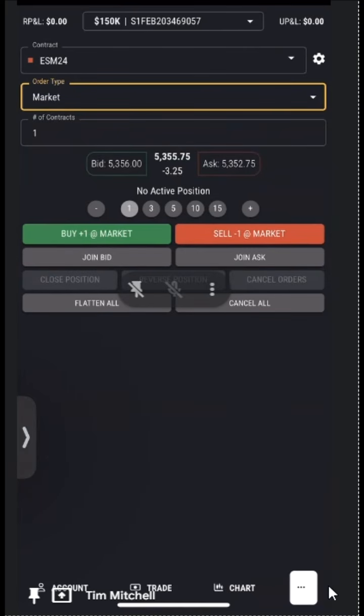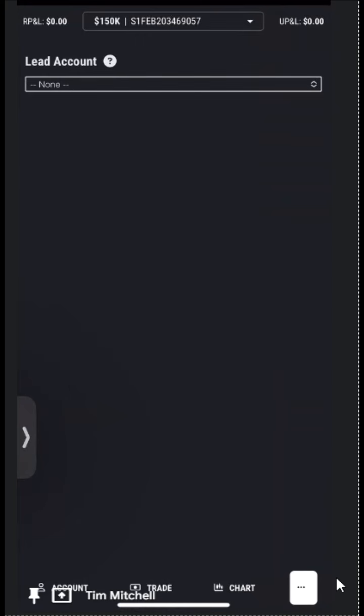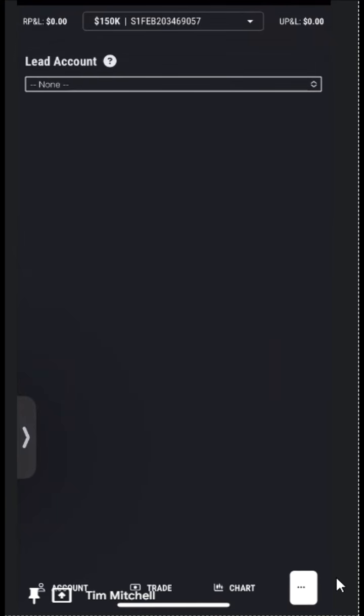Tapping the dots on the bottom right, we have copy trading settings. Let's click on the lead account. In this account, we only have one, so there is nothing to choose for copy trading, but this is where you would select the lead account and you would choose the accounts you wish to copy those trades to. By clicking on the three dots again,